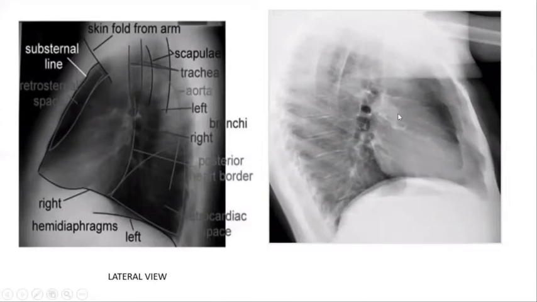Similarly, we have to also look for the other structures in relation to the heart. They are the trachea and the bifurcation of the trachea. These are the two major bronchi. Similarly, behind this there is the esophagus, and we will be discussing the other structures in the lateral slides. And we have to look for the diaphragm, the relation of the heart with the diaphragm. This is the diaphragm, and this is the inferior portion of the heart, the base of the heart. And similarly, these are the vertebrae and the spines. This is the sternum, this is anterior, this is posterior.